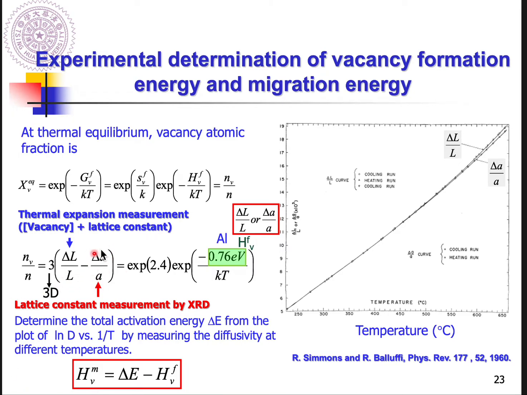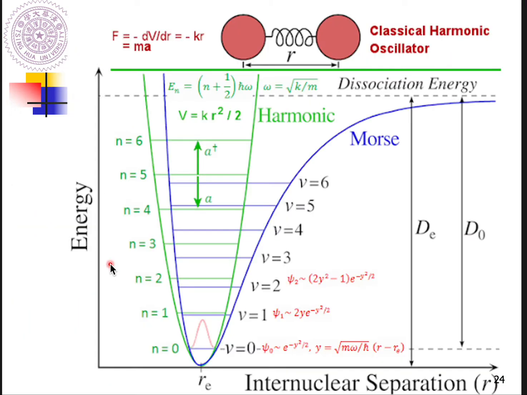And this is just a quick review to explain why there's always an increase in the lattice constant when you increase the temperature. So this is the energy as a function of the distance between these diatomic atoms. If it is the ideal harmonic model, then you can observe the curve, the energy as a function of R, will look like the one in green. So n equals 0, 1, 2, 3, 4, 5